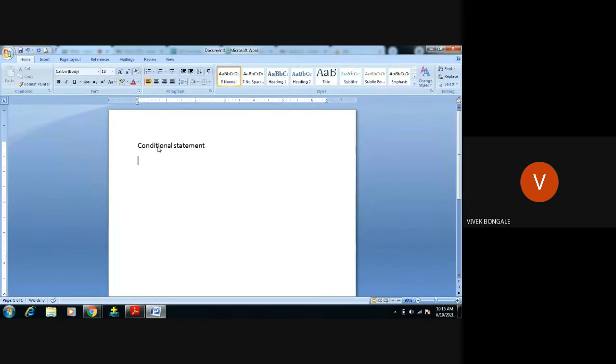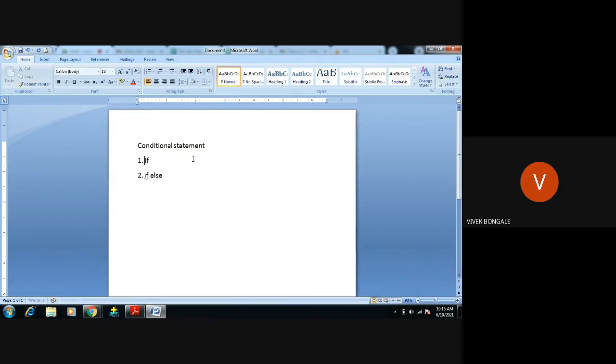So basically, we use if, else, and nested if and all of that, right? So here we're going to see if and if else. These are the two conditional statements widely used. So we will show this example, if and if else. It's a basic conditional statement used in almost every programming language. In every programming language, we're going to use these conditional statements.